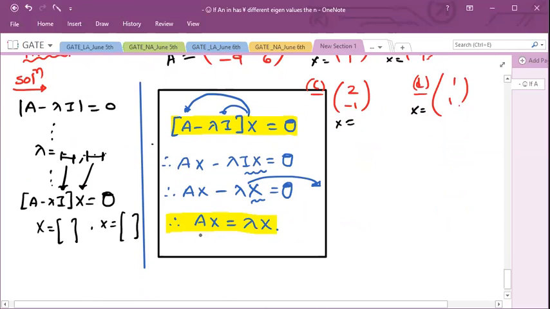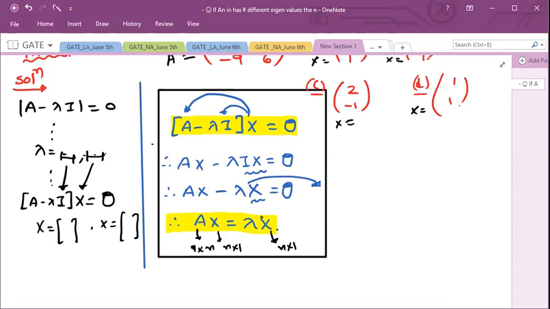Lambda is one constant number. This is one matrix, your matrix n by n. X is your n by 1, and here also the same x, n by 1. So if we multiply any vector x with A, then after taking out common terms, lambda will be common in each and every element. Any common number will be there, 2, 3, 4. If you take that common number out of that matrix, then that matrix should become x. Another condition is that the common number should be lambda.